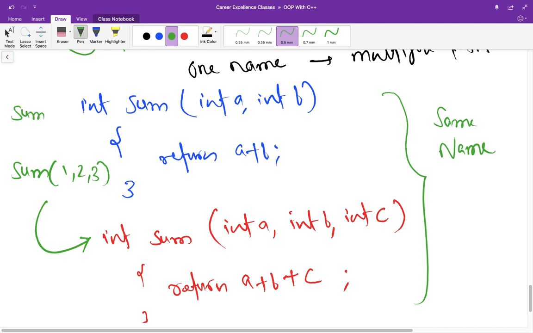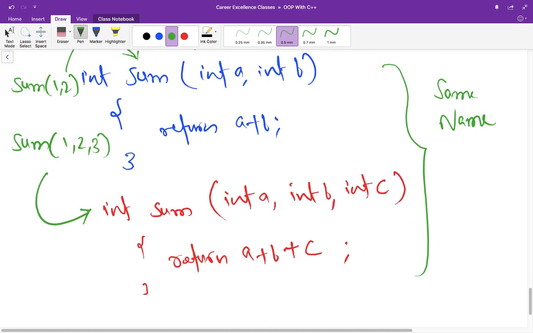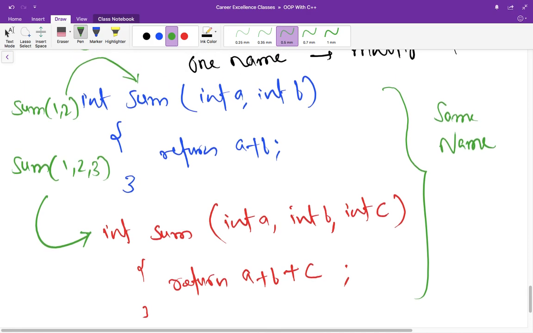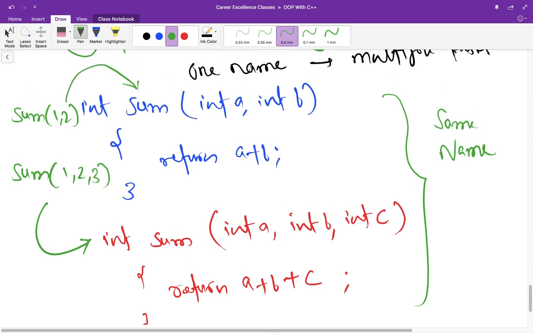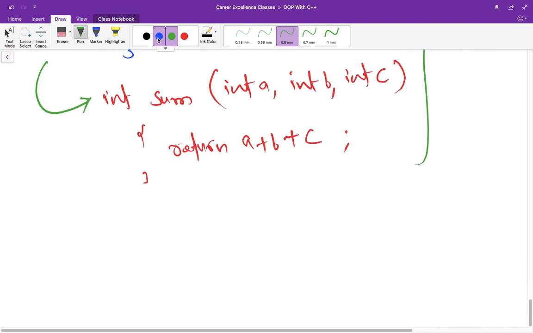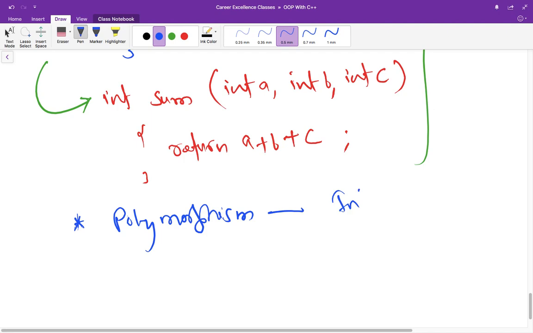But if you write 1 and 2, this function is going to be called, right? So this is function overloading, and this is an example of polymorphism. Polymorphism is heavily used in inheritance, which I am going to discuss shortly.